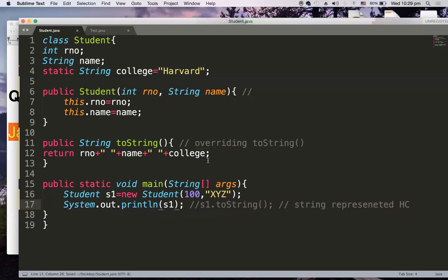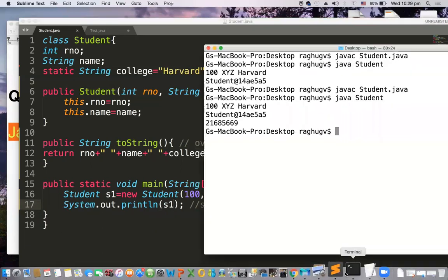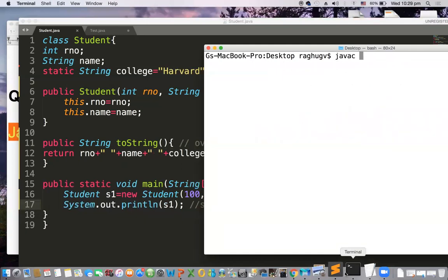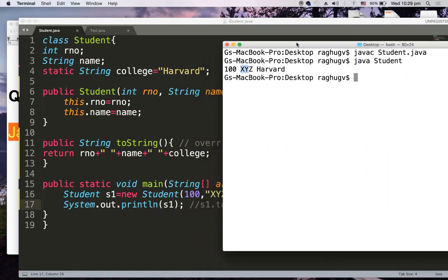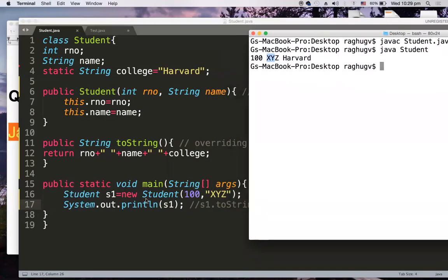So let me save this, go back to my terminal, clear, javac Student.java, compiled successfully, and when I run java Student, see the outcome: 100 xyz Harvard. If you see the difference, earlier when I was printing System.out.println(s1), I was getting a string-represented hash code.